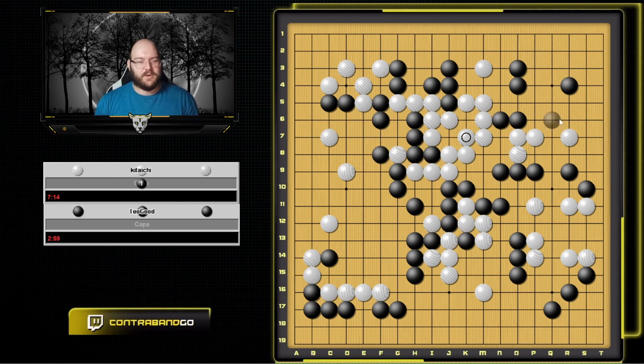Seems he got a little too worried about this group. He could have done a lot better there. I think if he made sure I was cut off here, I have to connect under, and bad stuff kind of might happen. So I want to kind of connect here, but I'm not sure if it's better than doing